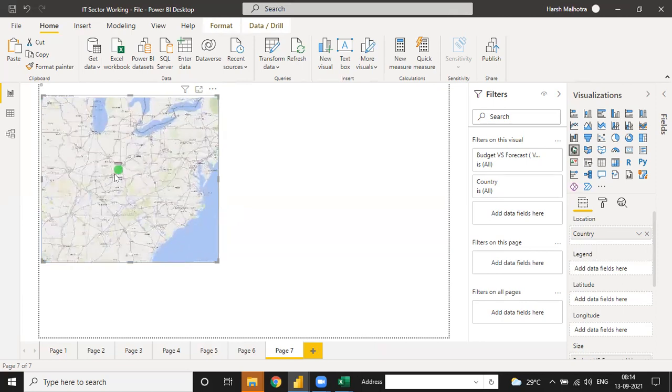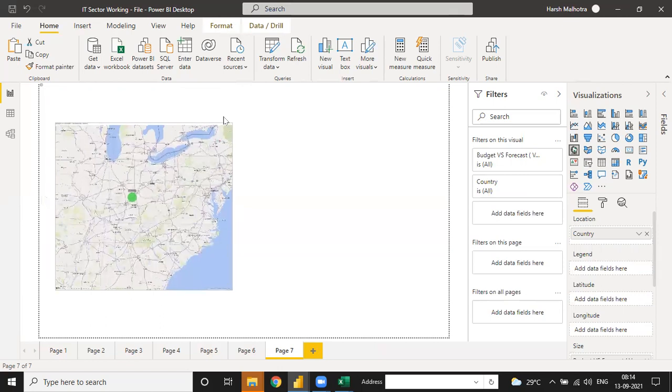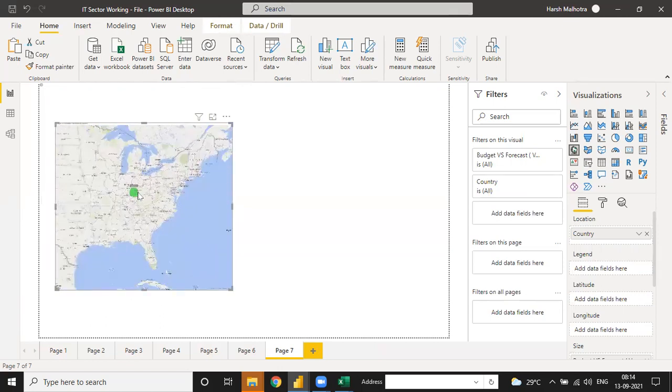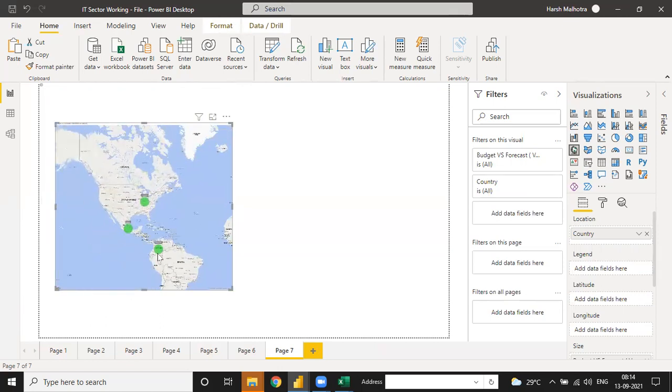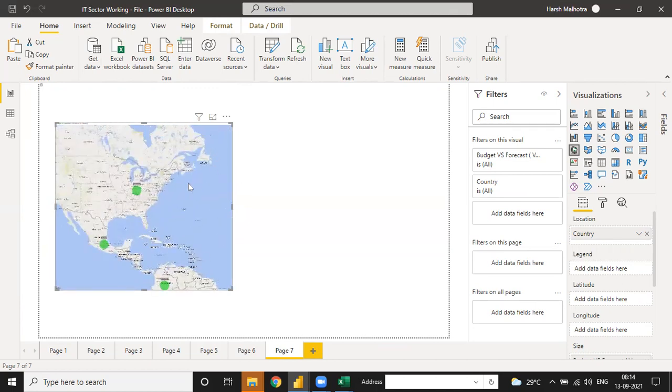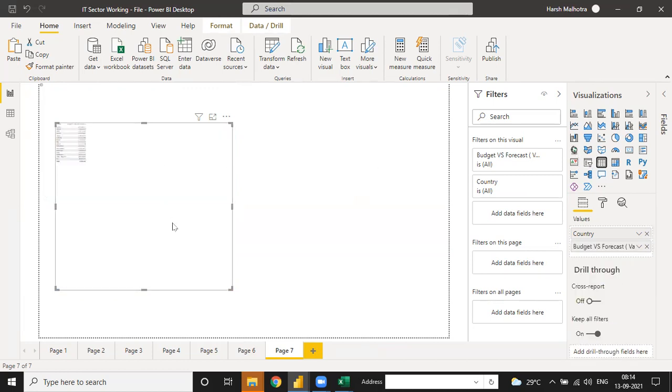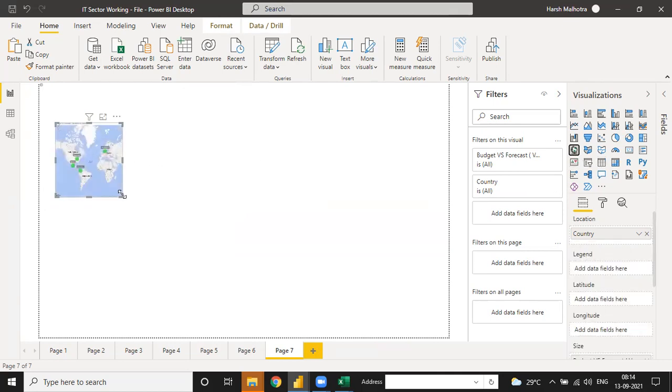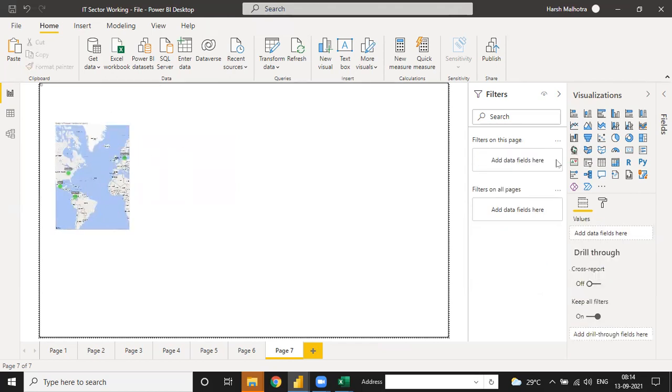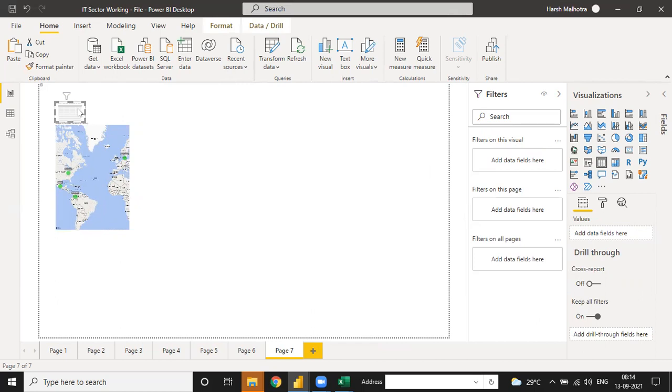और एक चीज और सर, जैसे मान लो कि अभी आपने यहाँ पे मैप लगाया है और मैं कुछ दूसरा स्लाइस कर उठाती हूँ, तो वो एक के ऊपर ओवरलैप कर रहा है, और अगर डिलीट करते हैं तो सबके ऊपर चेंज होता है। जैसे मैं अगर आपको बताऊं, ये आपका मैप चार्ट है, अगर आप यहाँ पे ही टेबल लगा दें, अब देखो जैसे ही मैंने टेबल लगाई वो टेबल में कन्वर्ट हो गया। बट अगर आपको मैप चार्ट को नहीं करना, अब आप बाहर क्लिक करो एंड देन टेबल को सिलेक्ट करो, ठीक है, इस तरीके से।